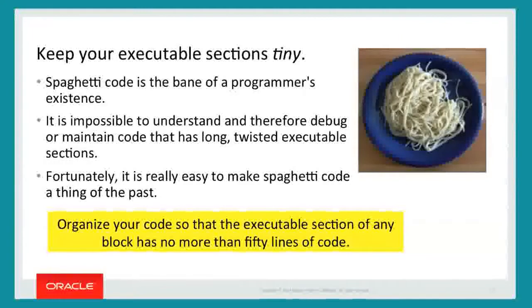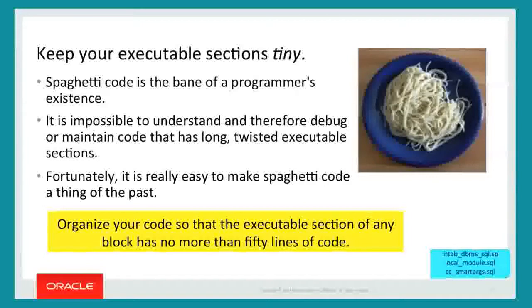Organize your code so that any executable section of a block has no more than 50 or 60 lines of code. The basic idea for the original piece of advice in this size is that these are the number of lines that would fit on a single piece of paper or a single screen. And therefore, at a glance, you could see the entire logical flow at this level of detail. Now, obviously, your programs have a lot more than 50 lines of code in them. I'm not saying that you can write applications in 50 lines of code. I'm talking about how to organize that code.